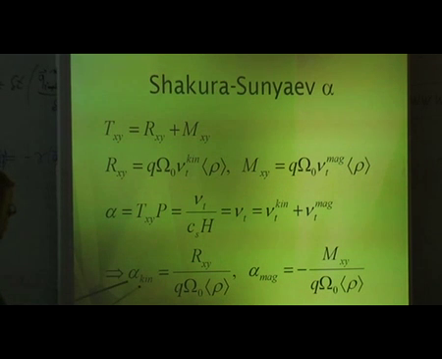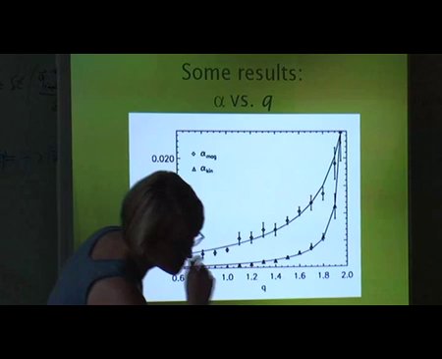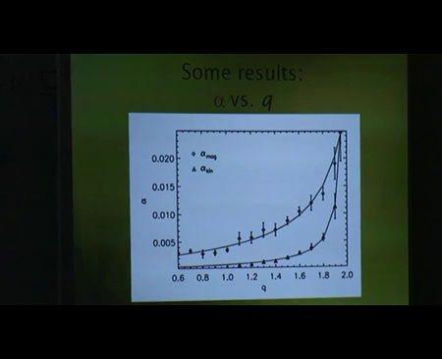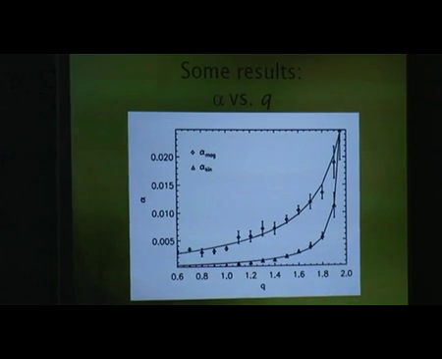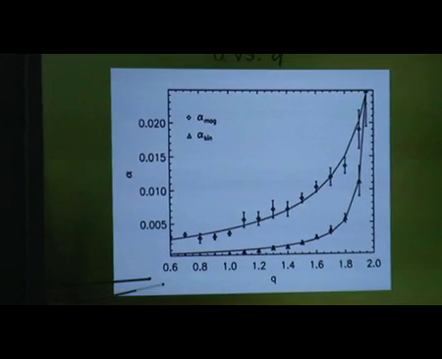So we can write the kinetic and magnetic components of the alpha parameter like this. And some very early results. Back then we only got down to 0.6. I reran some of the simulations and got down to